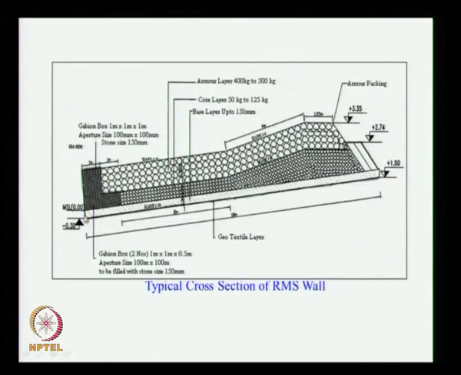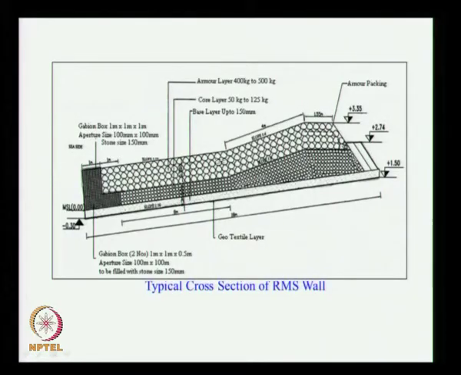We put a geotextile filter to separate the seabed material from the base layer. Generally this base layer is a filter layer using sand. Then we have a core layer, which consists of stones of 50 kg to 125 kg. Then we have the armor layer, which is 400 to 500 kg. The weight of individual stones, 400 to 500 kg, can be calculated based on the wave height prevailing at the particular location using Hudson's formula.